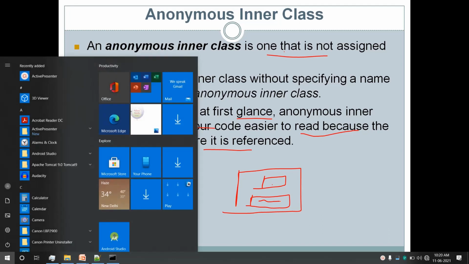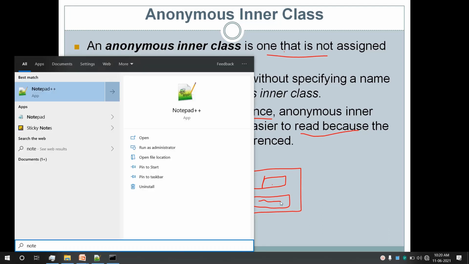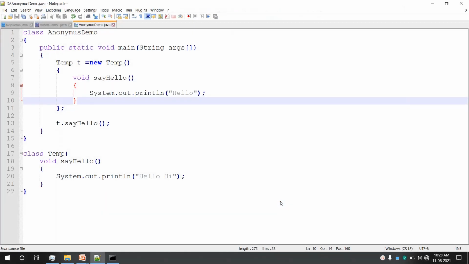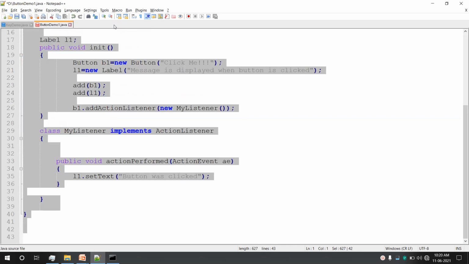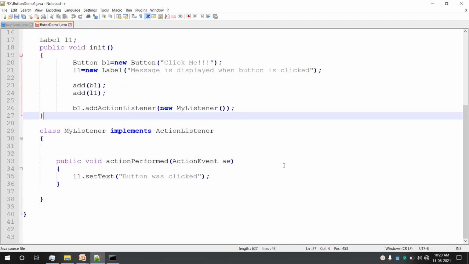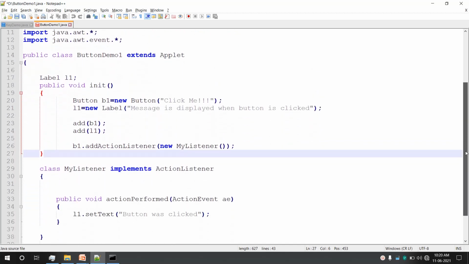Okay, I'll open Notepad. Okay, this was our last program, button demo.